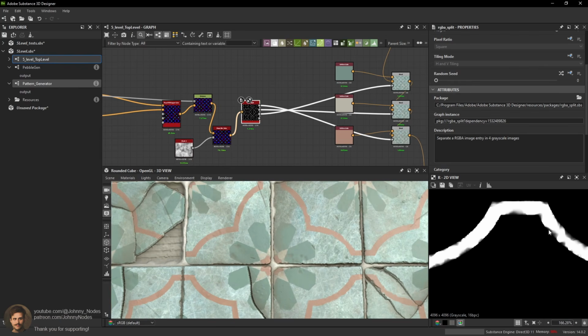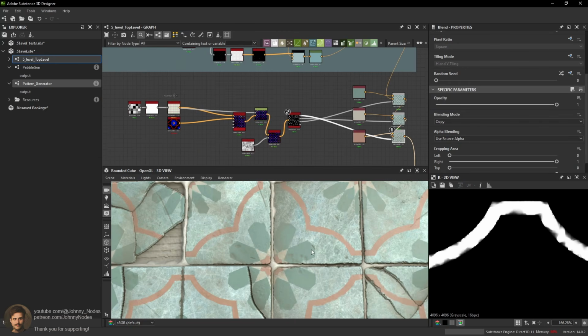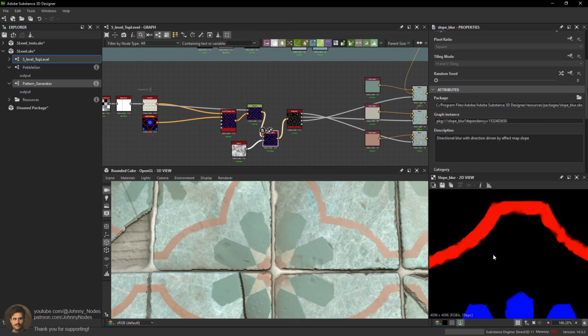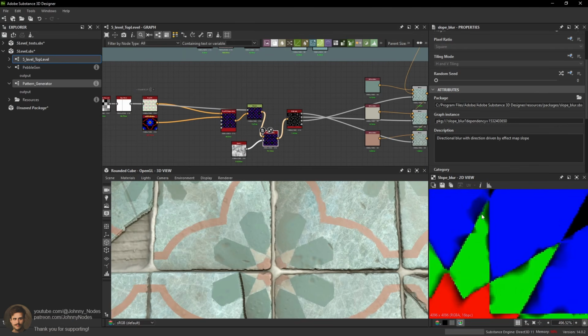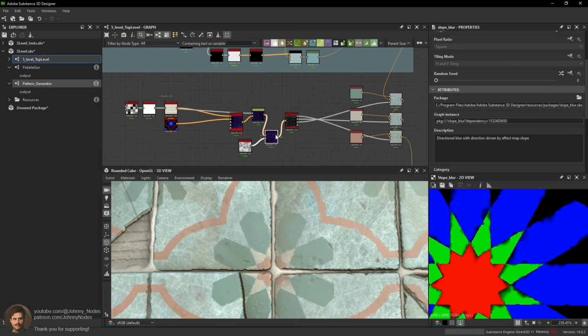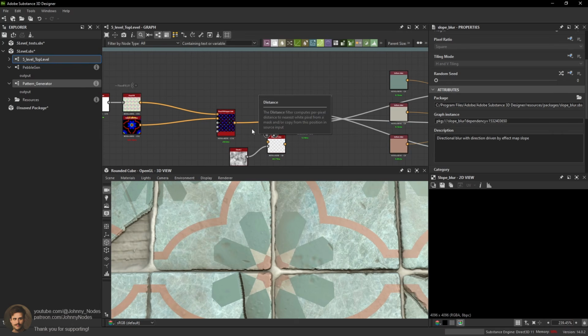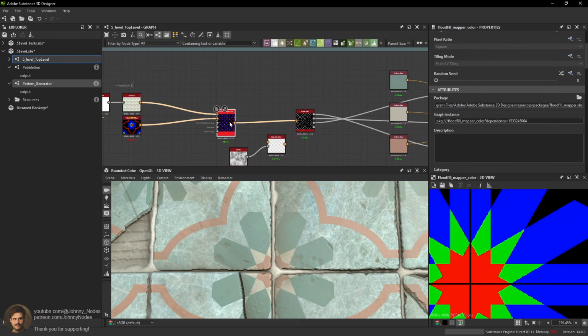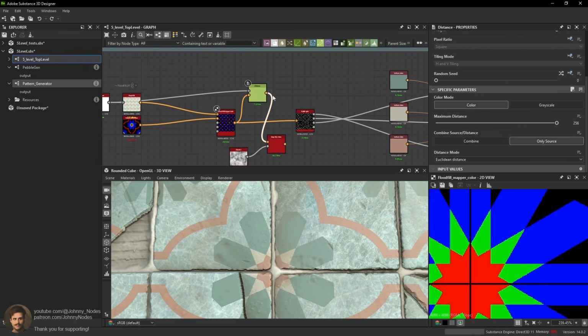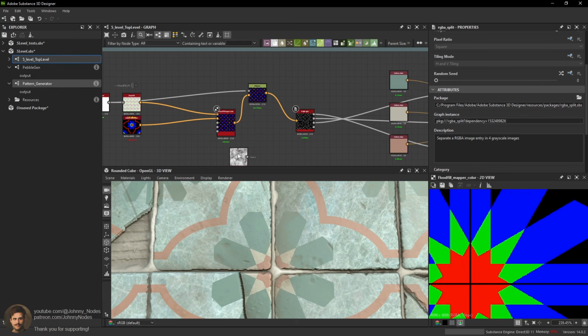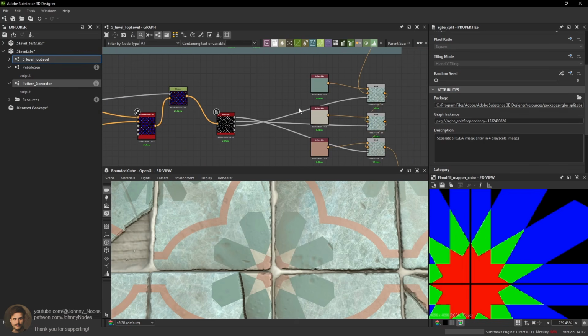It might be worth doing it per shape. Because right now it doesn't make a ton of sense for these to be separated from this one, really. So we can change that. Basically what we'll do, we still want that distance. What we'll do is